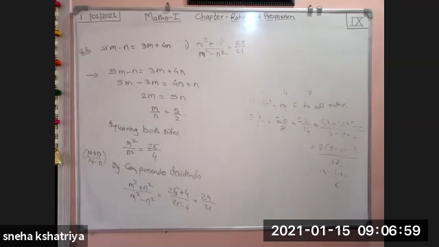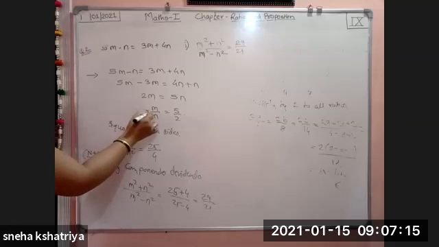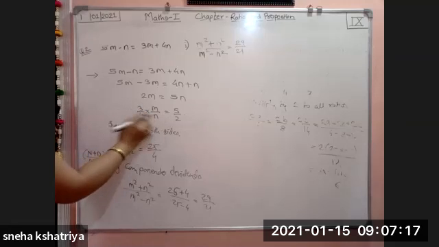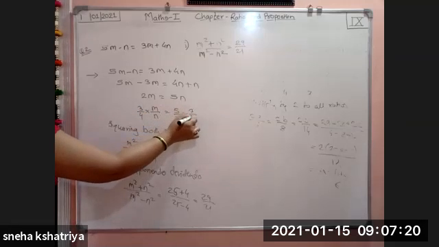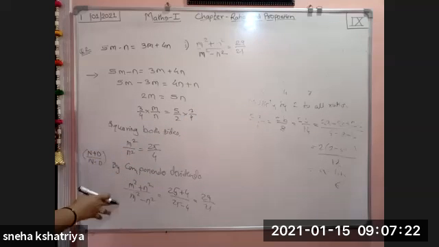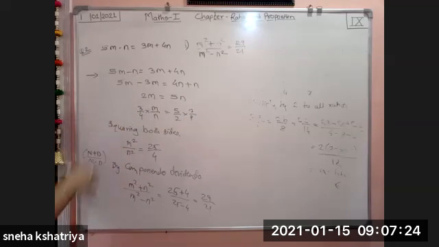In the same way, you will find the second one, that is (3m + 4n) divided by (3m − 4n). Here we need 3m and here we need 4n. So 3 by 4, you have to multiply the next by 3 by 4 to both the sides. You will get the next answer. Again, the same component or dividend you have to use. So there also you will get the same answer.